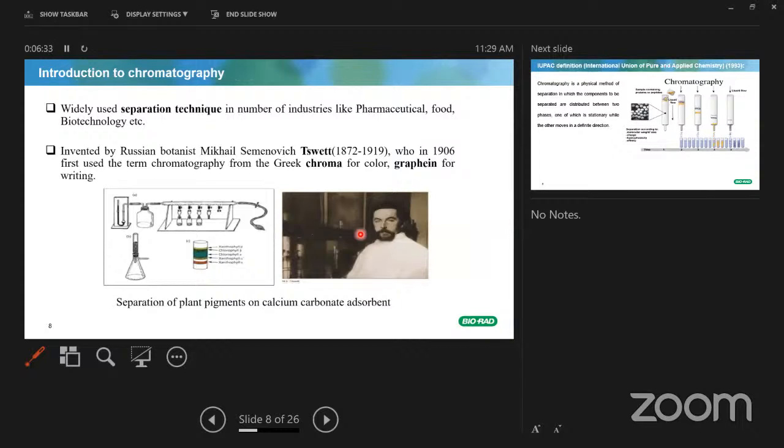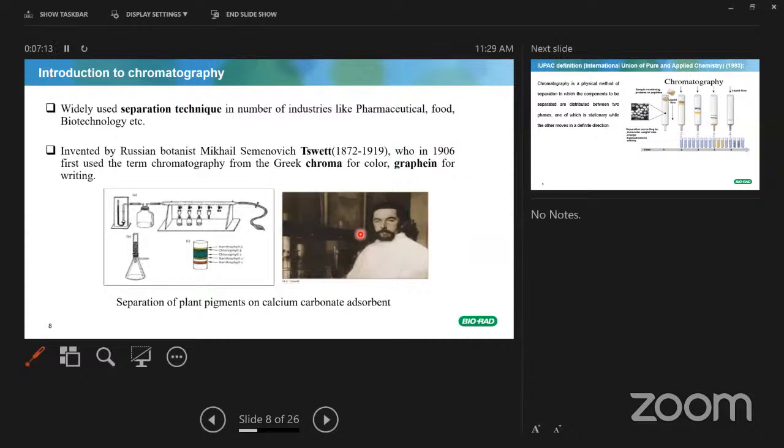Going forward, chromatography as such is not a new technique. It's more than a century-old technique. What is chromatography? It's a separation technique for a mixture of compounds. For example, if you have a mixture of grains, wheat and rice, and you want to separate out individual grains, that separation technique is called chromatography. This was invented by a Russian botanist, Mikhail Tswett, who in 1906, with the help of calcium carbonate, that is pure chalk,